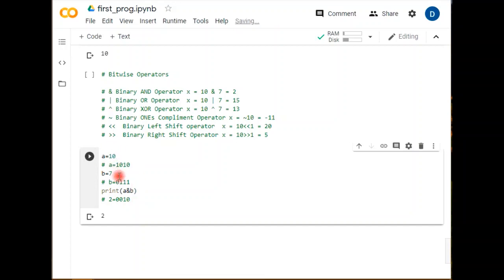So although you are giving the input in the form of an integer, it is converted into the binary form for the bitwise operation. All these operators can be tried at once. This is again a part of the assignment for you. Try each and every operator and create your own results.